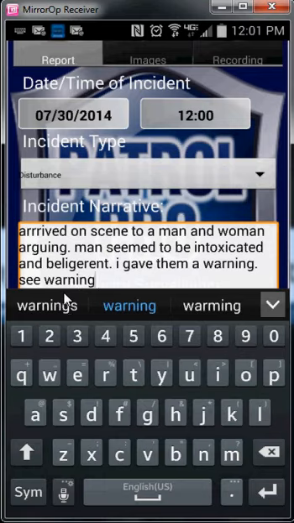Arrived on the scene, man and woman were arguing. The man seemed to be intoxicated and belligerent. I gave them a warning. See the warning report. Again, here you can go in